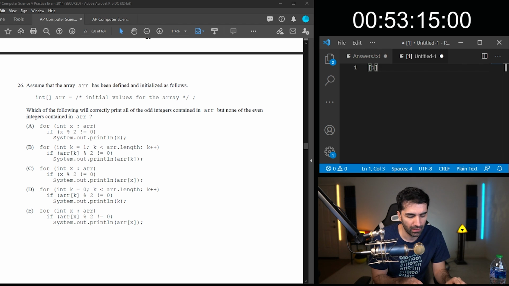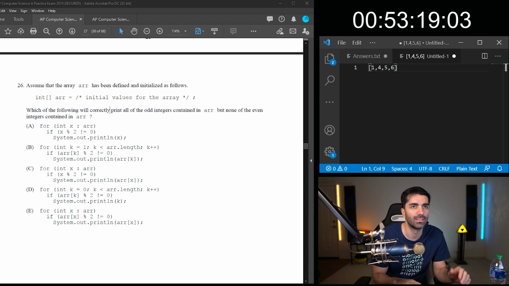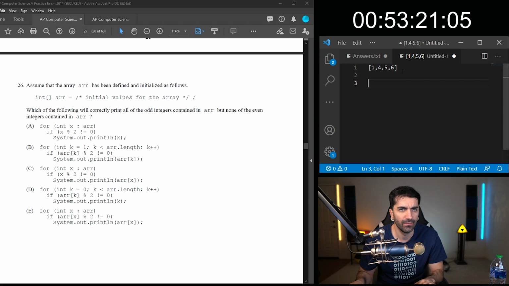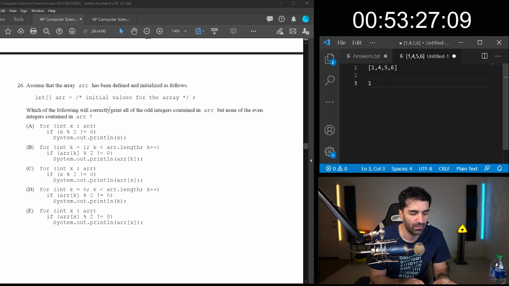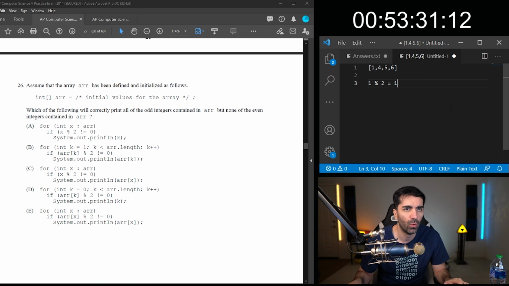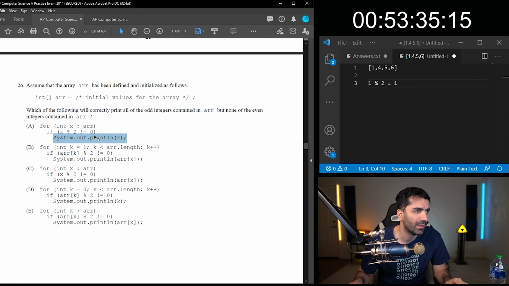So we have 1, 4, 5, and 6. So initially we'd be 1 mod 2. 1 mod 2 equals 1. So it would print it out, right? I feel like it would be A.